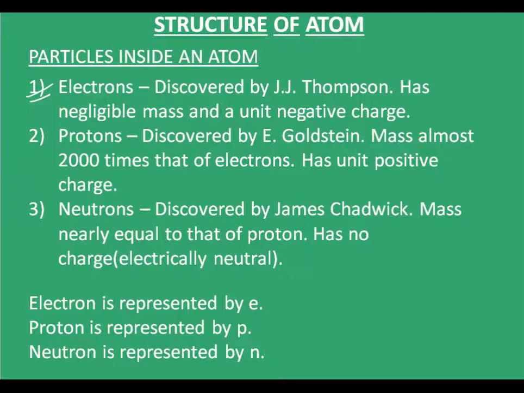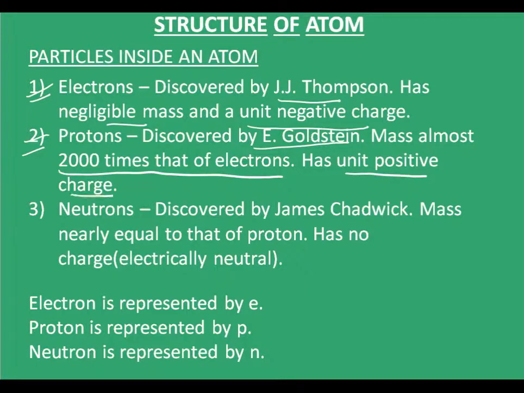Electrons. Electrons were discovered by J.J. Thomson. Electrons have negligible mass and a unit negative charge on them. Protons. Protons were discovered by E. Goldstein. It has mass almost 2000 times that of electrons and has a unit positive charge, that is opposite to